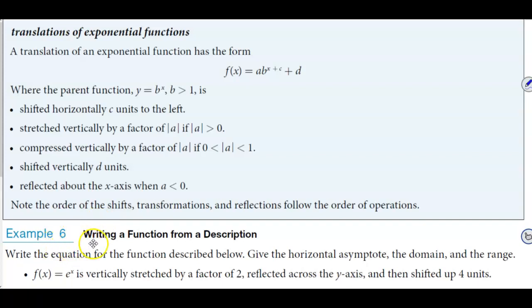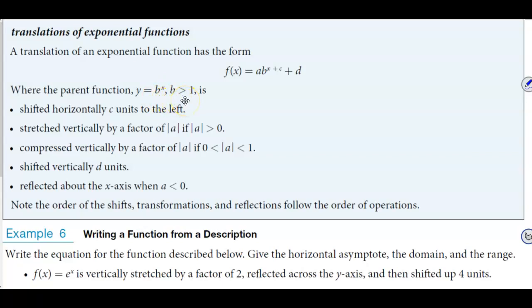In example 6, we're going to be able to write a function from a description. So let's talk about translations of exponential functions. A translation of an exponential function has the form f of x equals a times b to the x plus c power plus d, where the parent function is y equals b to the x